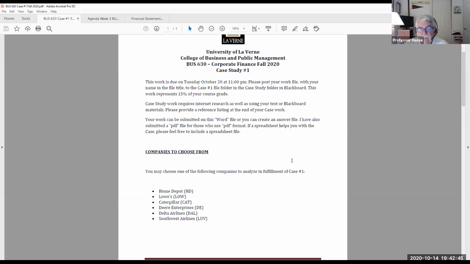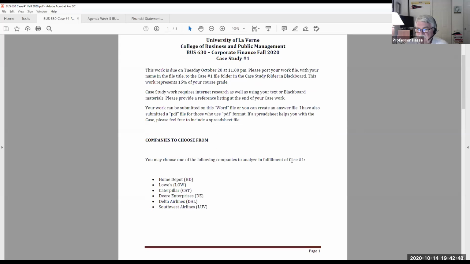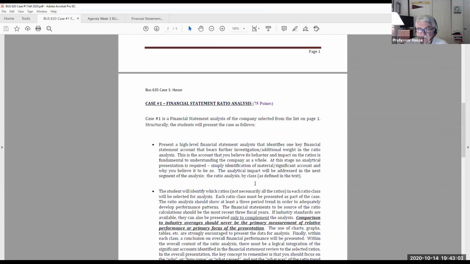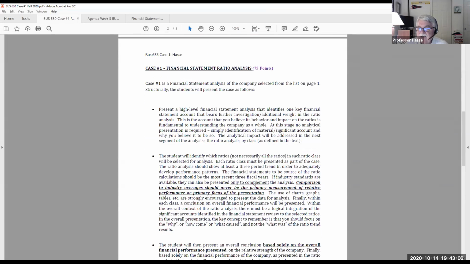You have 6 companies to choose from. I don't care which one you choose. Home Depot, Lowe's, Caterpillar, Deere, Delta, Southwest. You pick one. Your first task is to do a financial statement analysis in 2 methods. Present a high-level financial statement analysis that identifies one key financial statement account that bears future or further investigation and